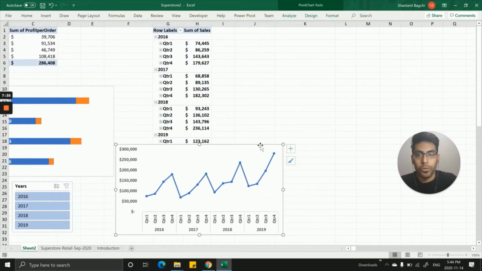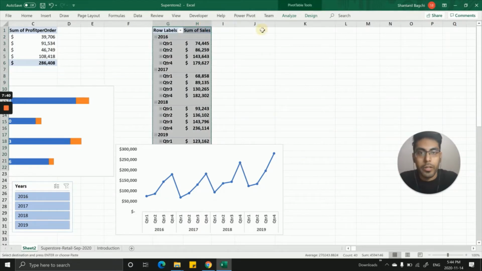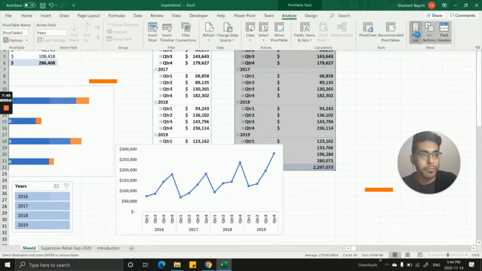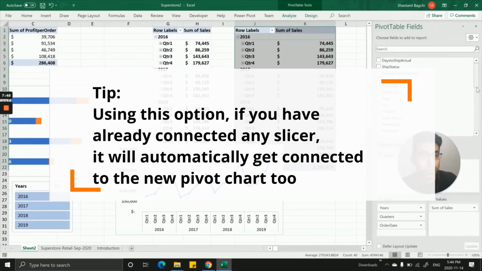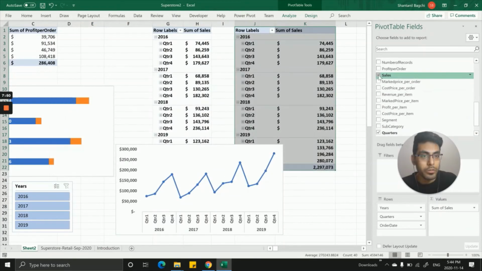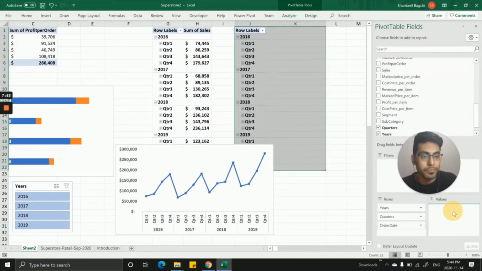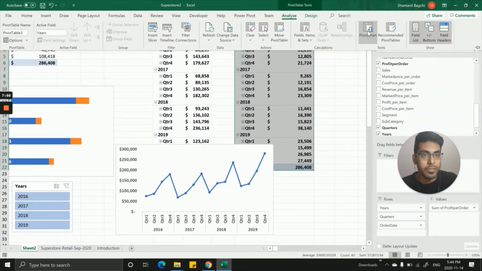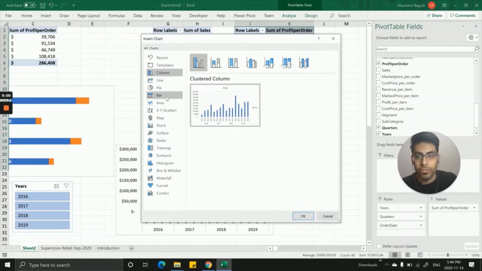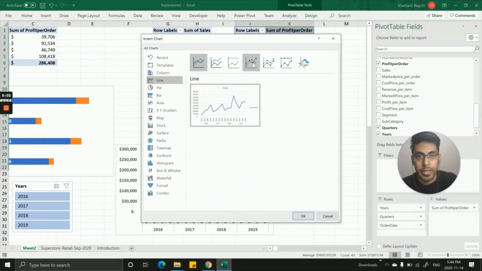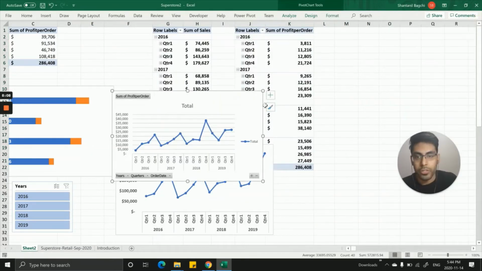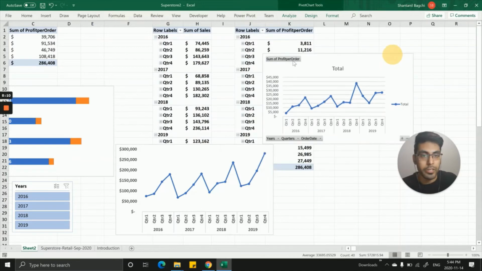There is a shortcut to create these pivot tables and pivot charts easily every time. You can copy it and paste it over here and it will create your pivot table automatically. Go to the field list so that you don't need to create it again. What I want this time is not sales but the profit value. The other way to bring a pivot chart is to go to the Analyze option, click on Pivot Chart, and you have your pivot chart over here. I will again go with the line option, click on this, press OK. So I have the line chart for the profits.